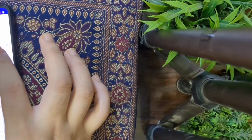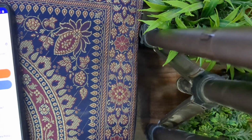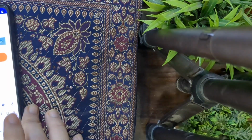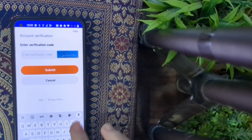Once you type in your phone number, tap on the get code button and then you should get a code on your Xiaomi phone on which the SIM card is currently inserted. So just wait for a few seconds and then you will get a code on your Xiaomi phone. Likewise, you will also get a captcha as you could see from here. So type in the captcha and